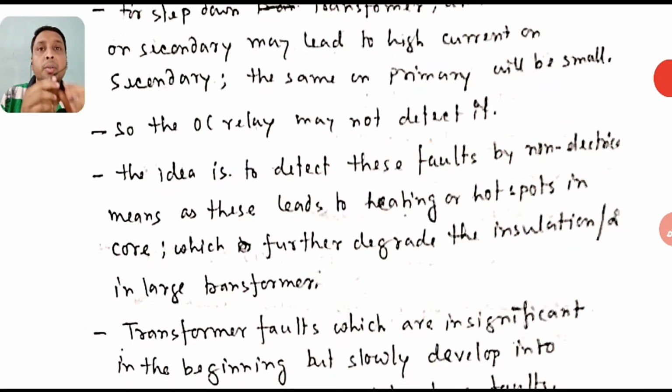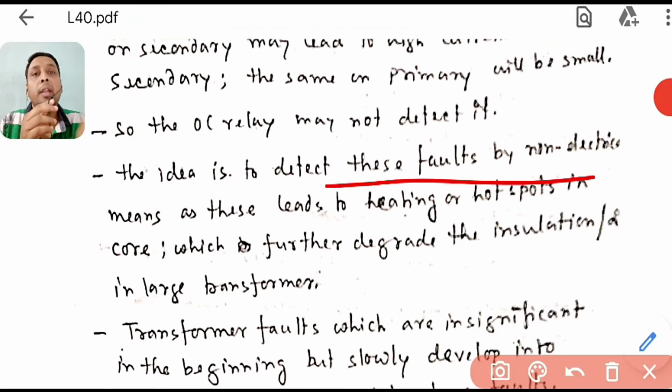The solution is to detect this fault, and it will not be detected by restricted earth fault, because restricted earth fault is restricted only for the star side fault. And it is not a ground fault, which means the summation will always be 0. Restricted earth fault operates when the sum of all 3 phases is not equal to 0, but here it will be 0, though IA, a particular phase, will be a little bit more. Ultimately the addition will be 0, because KCL holds true. So the idea is to detect it by non-electric means. This is electric.